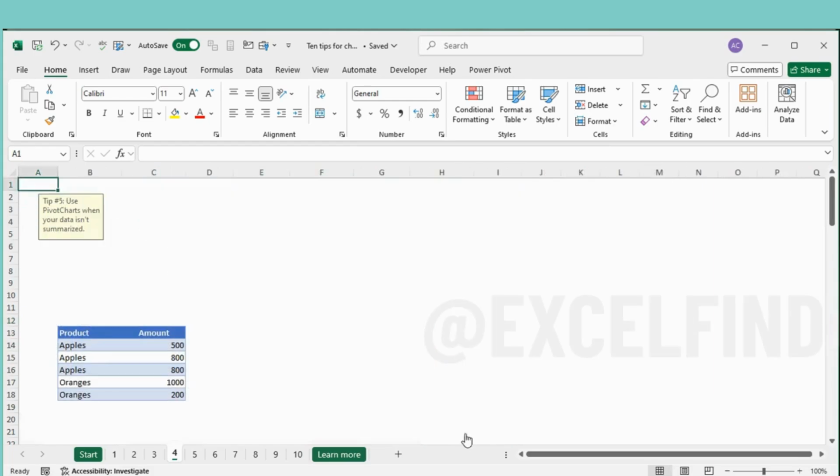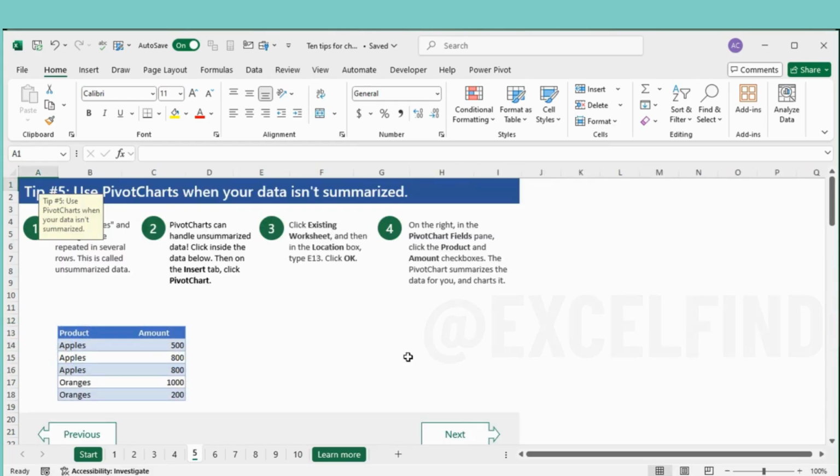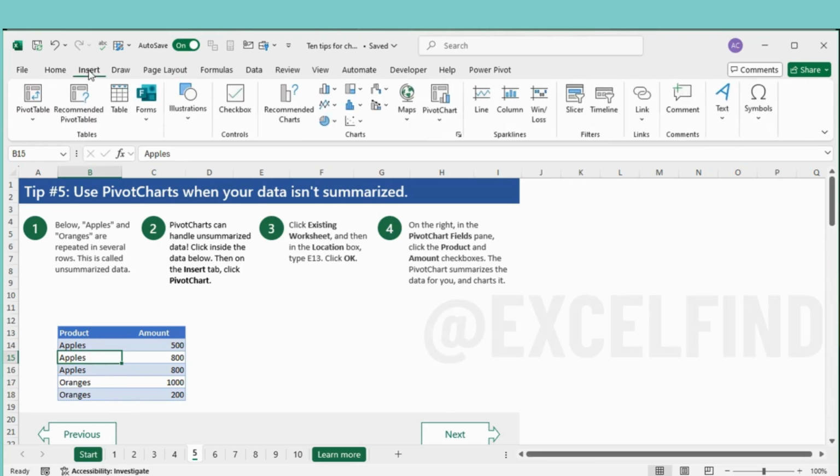Next, use pivot charts when your data is not summarized. In the table below, apples and oranges are repeated in several rows. This is called unsummarized data. Pivot charts can handle unsummarized data. Click inside the data below, then go to the Insert tab and click on Pivot Chart.